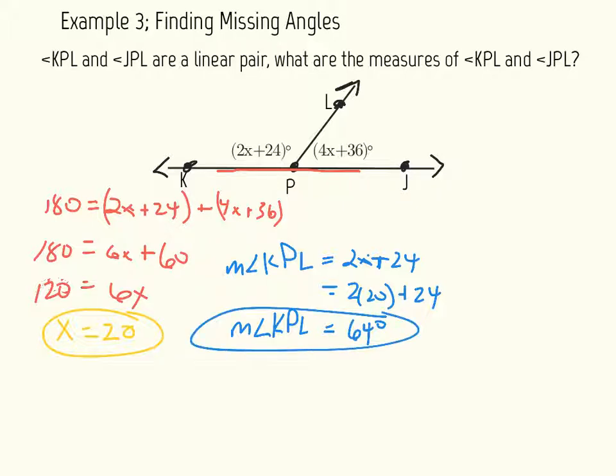And then the measure of angle JPL is going to be equal to 4x plus 36. Put in what I know, 4 times 20 plus 36. So the measure of angle JPL is equal to